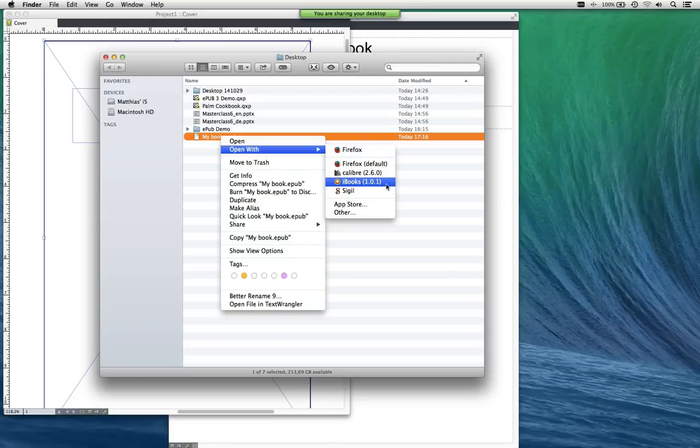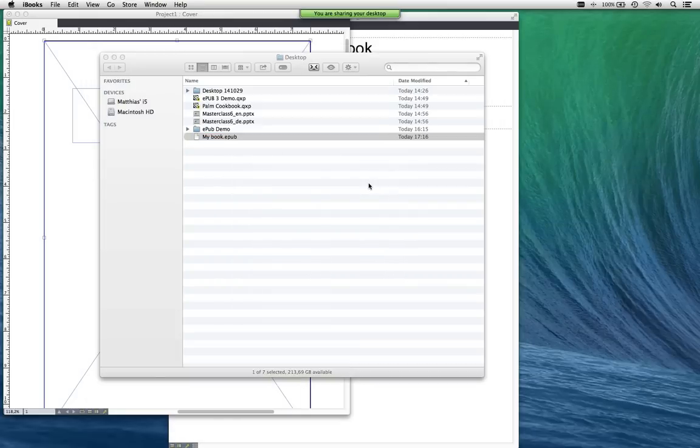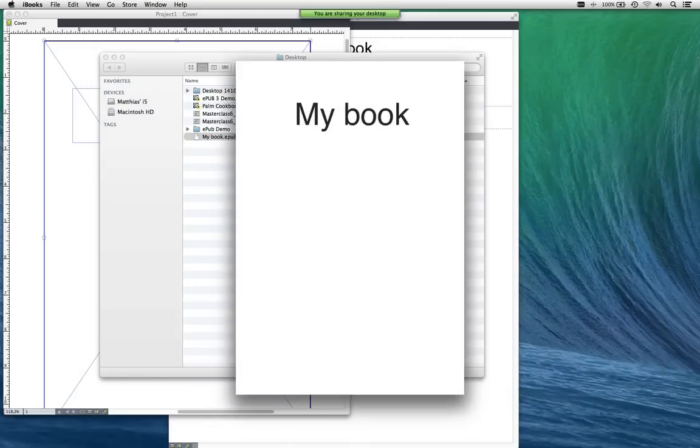If you've seen my session a year or two ago, it was actually quite difficult to view an ebook on your computer, because there wasn't really a nice reader. There was Calibre, which is a good tool, but not really an easy reader. And I normally used a plugin in Firefox to display them. On modern OS X versions, Apple has actually added iBooks as a desktop application, and that's a really good application